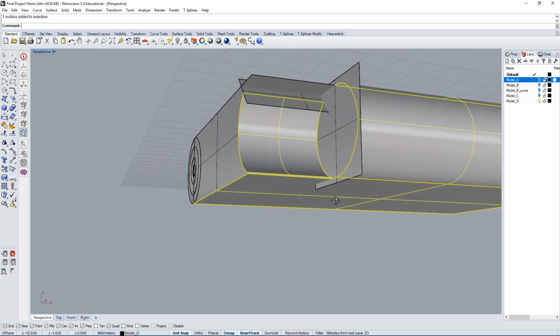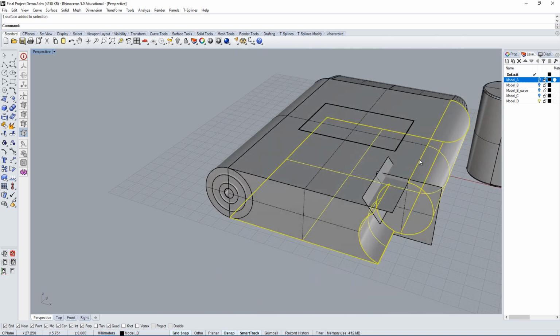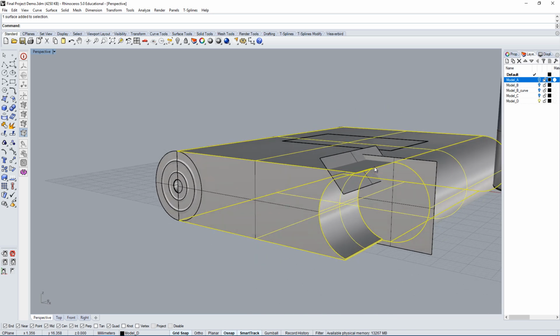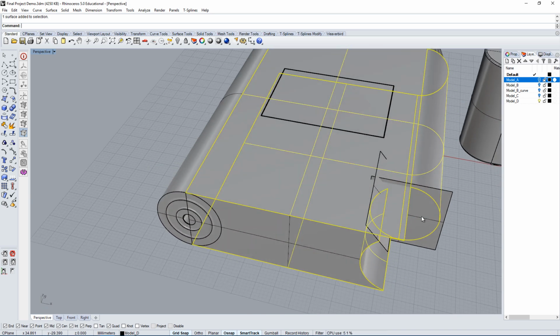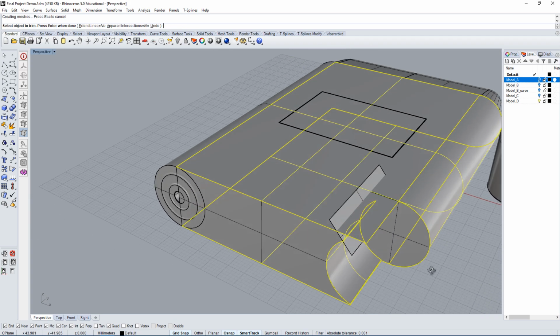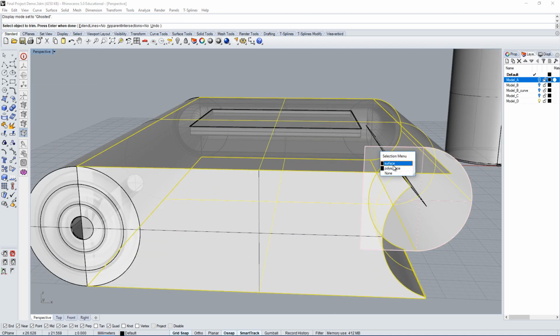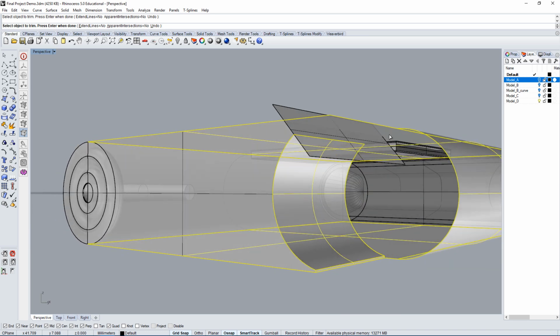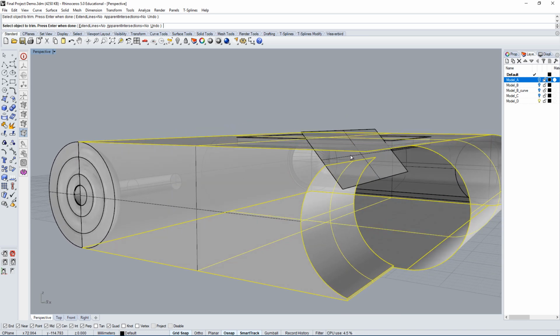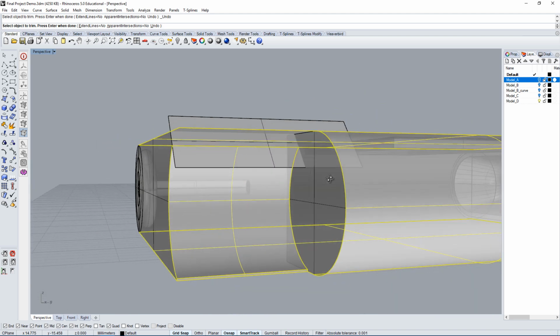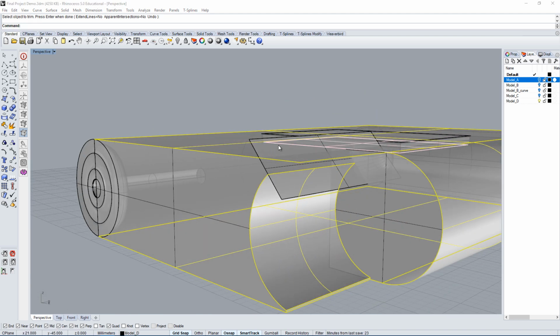Sometimes the way I look at it is you have to start with what you know. If you know you can do something, start with that. If you know of something else, start with that other thing. Whatever it is that you know, that's where you should start. And then from there you can deduct what needs to be changed. So if we can trim this one, that means that this edge was correct, but it's not correct, and that's why we cannot trim it. Unless maybe I didn't select something. Yeah. Let's see.